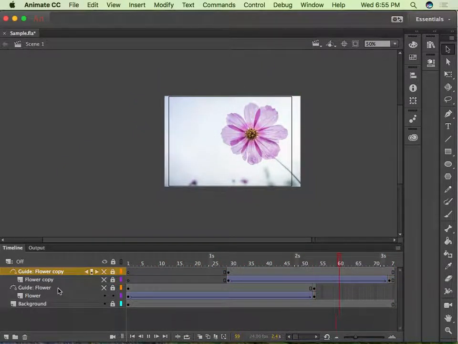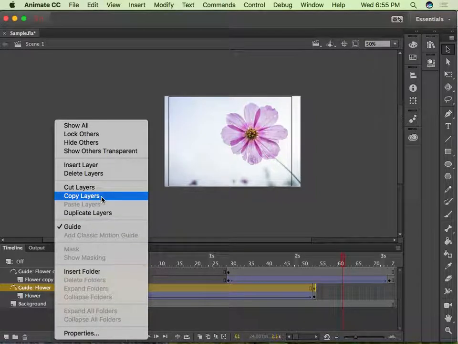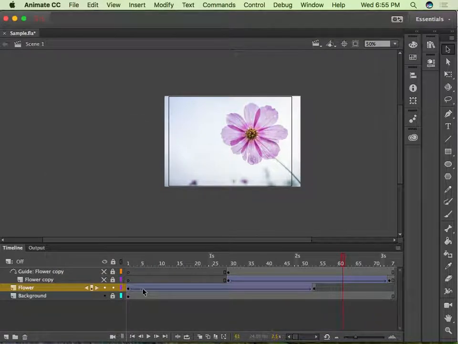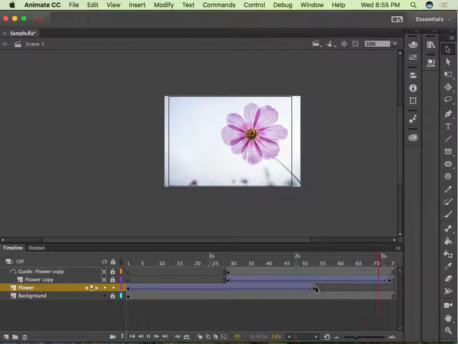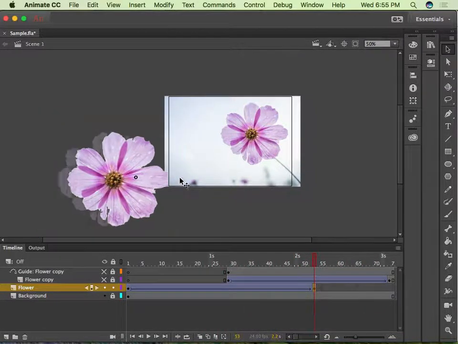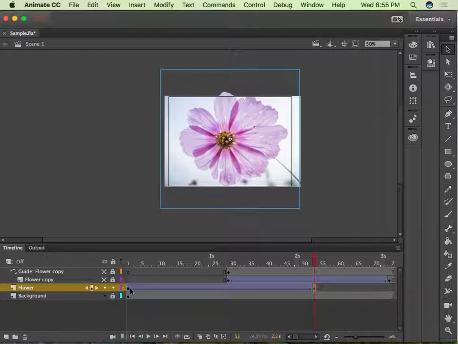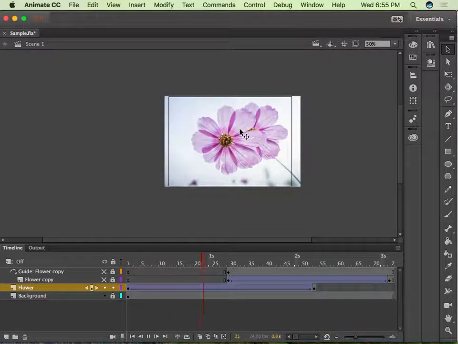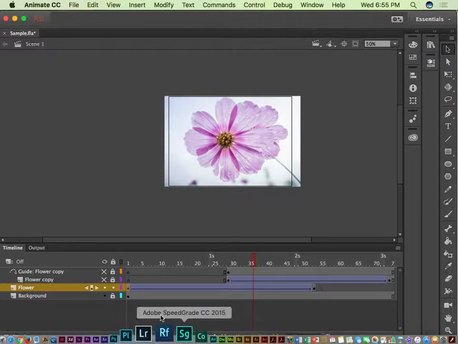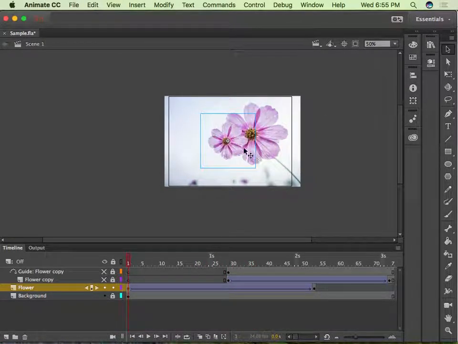Alright, so that's moving along the path. I'm going to delete this guide layer altogether. I'm just going to keep it real simple, okay? So this piece here, I'm just going to keep it real simple in the center. And what I want to do is demonstrate some of the other options you have. So defining the beginning,